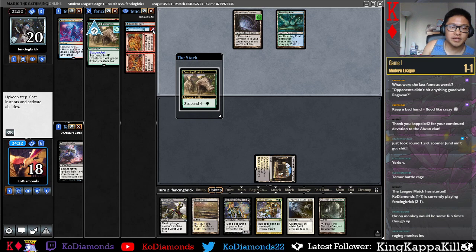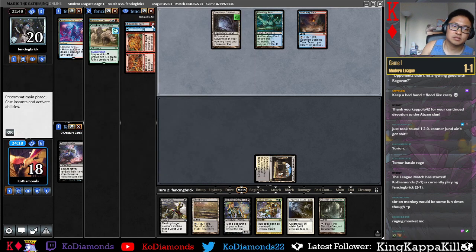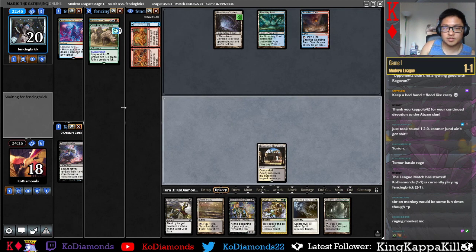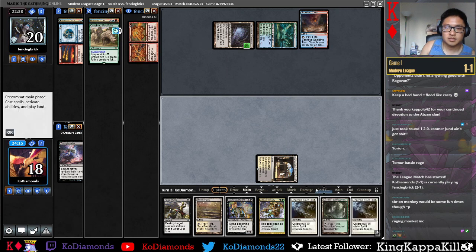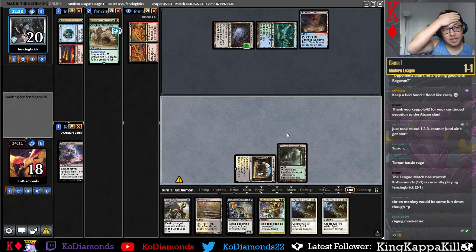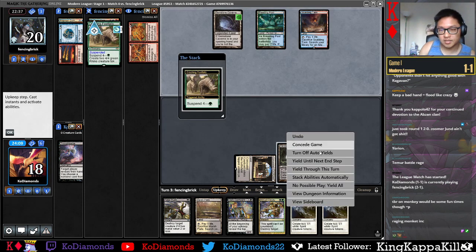So they have Fire // Ice, Dead // Gone. Their hand actually isn't that bad. Isn't that great, but it is when we mull into... Or essentially just pass or draw step. Oh, they're just gonna Fire our Ice. That's actually not bad. That's perfectly fine. If this is all they have, we go Lingering Souls. And then...